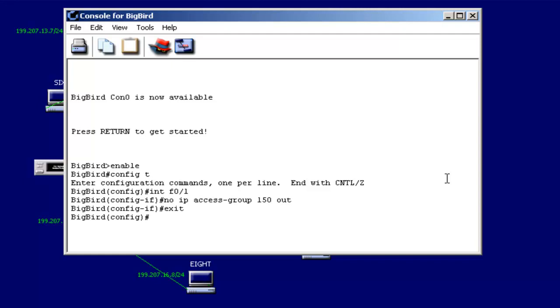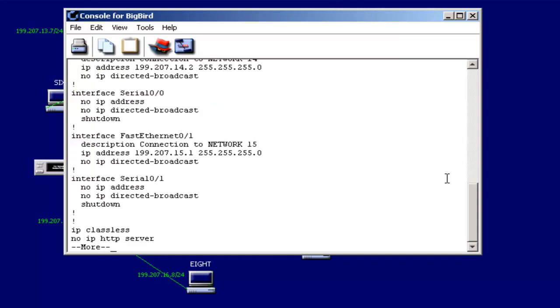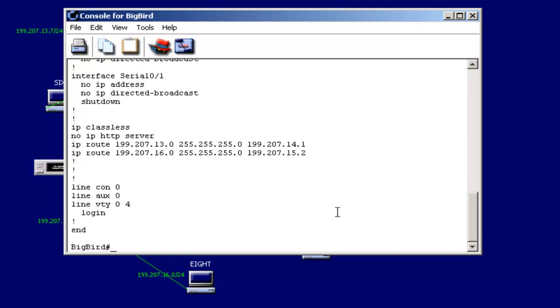And let's exit, and then let's also delete the list. So we'll get rid of it with no access-list 150. Okay. And nothing applied on our interfaces, and no access lists. Alright, so